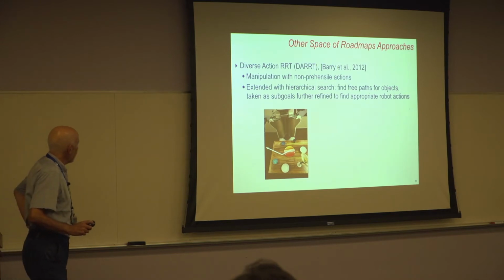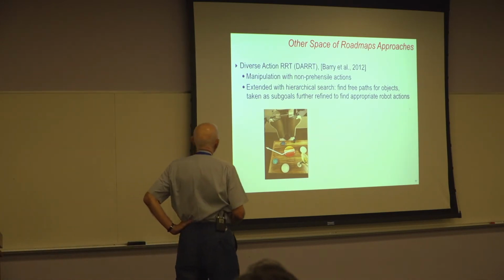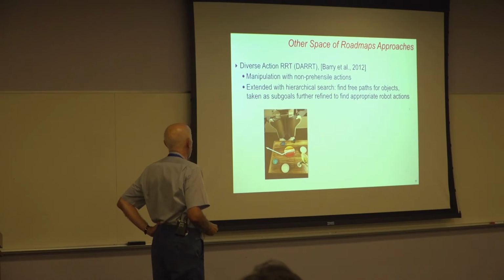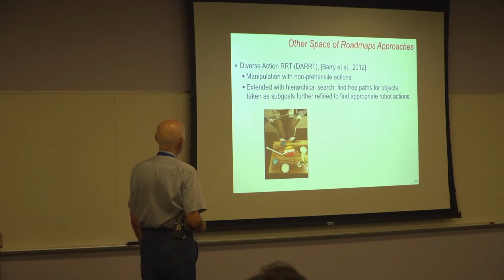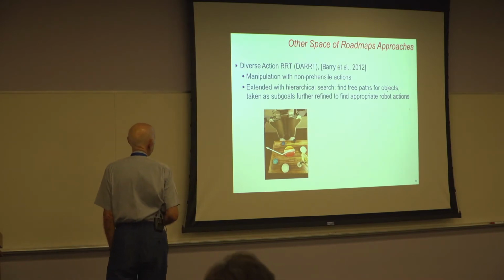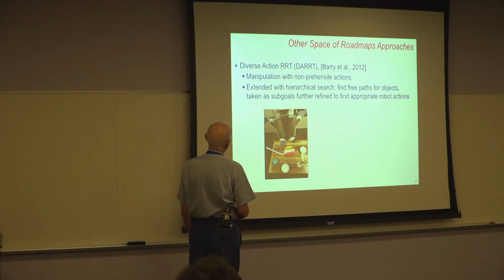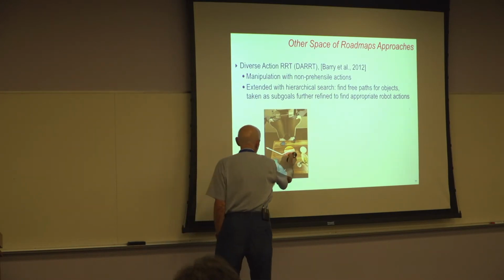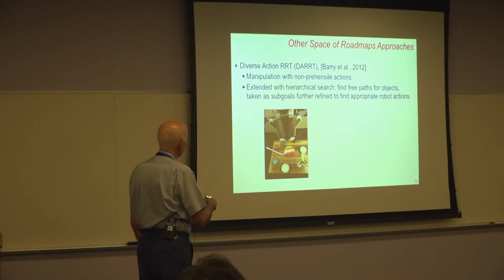The last example I'll mention on the space of roadmap is an extension of RRT, which is called DART, Diverse Action RRT, by Barry et al. And Barry is from MIT. So basically, the idea is to be able to manipulate with non-prehensile actions, such as moving this plate to the edge in order to grasp it. Using an extended hierarchical search, you find